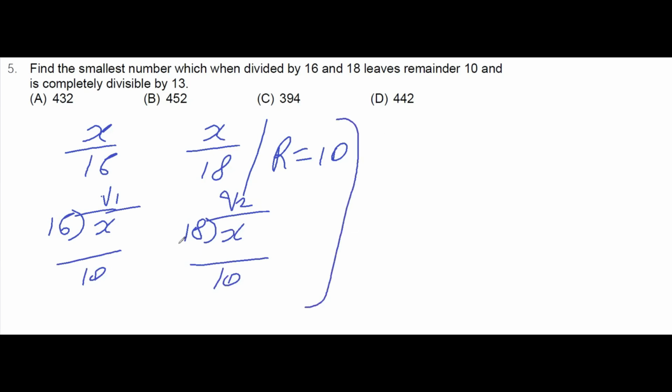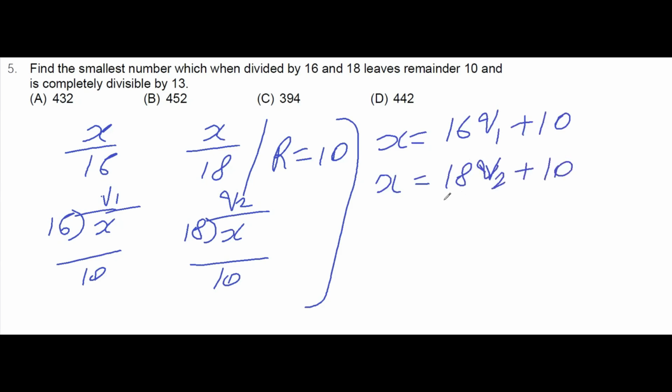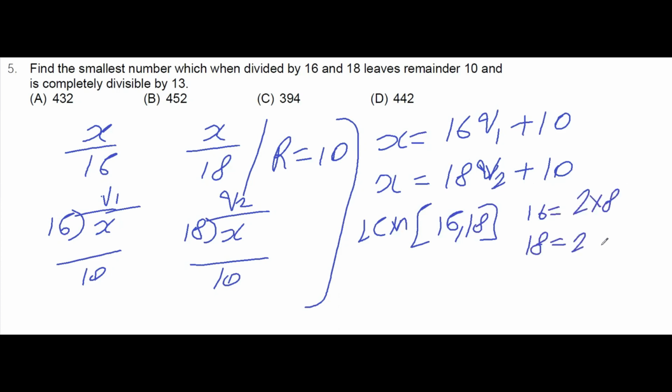So what I can write? I can write this x as 16 q1 plus 10, and this x is again 18 q2 plus 10. Fine. So smallest number which when divided by this leaves remainder this, and is completely divisible by 13 also. So what I need to do? I need to find the LCM. Okay, I need to find the LCM. LCM of what? 16 and 18. So 16 factor is 2 into 8 and 18 factor is 2 into 9. So LCM will be